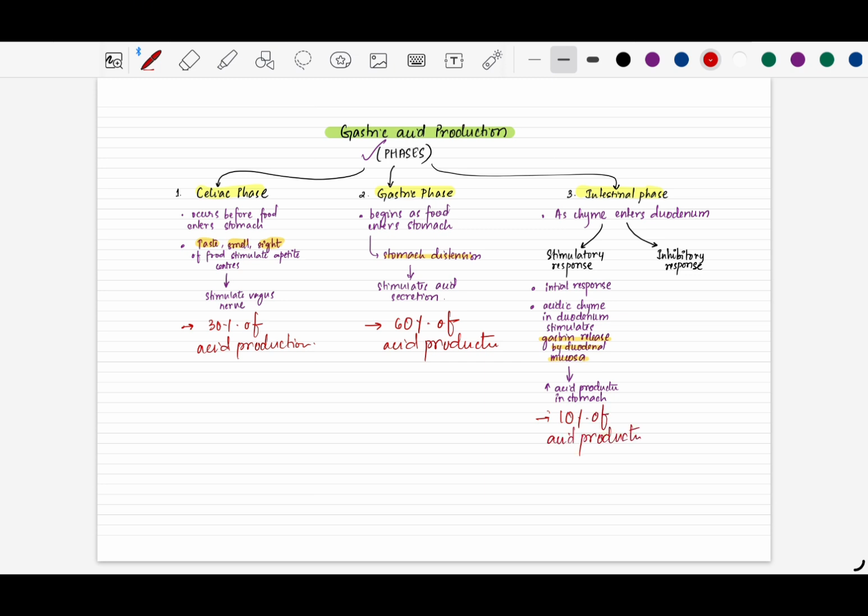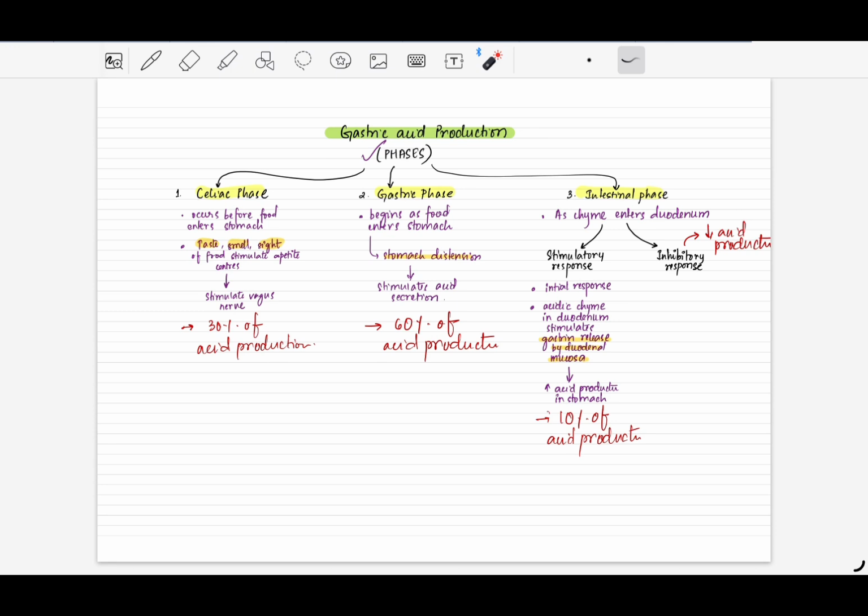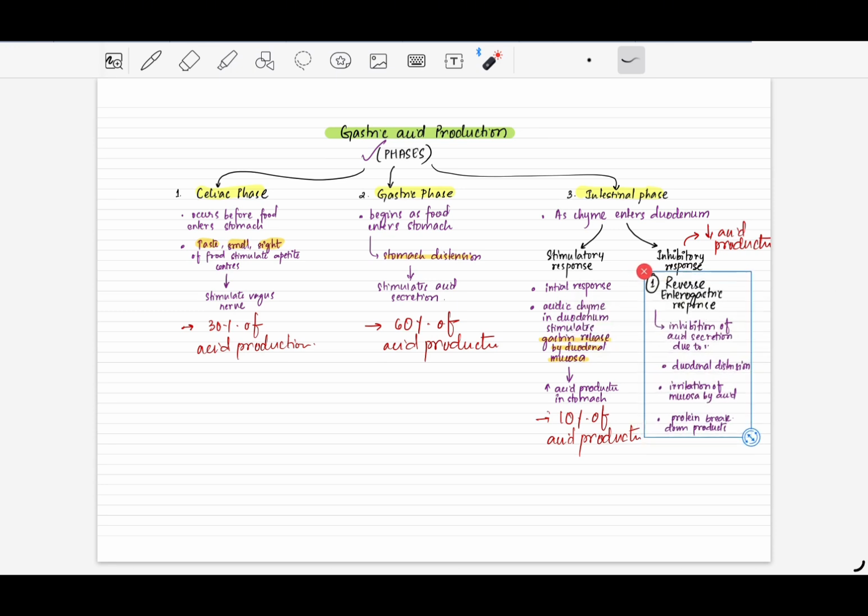Now, even though the inhibitory response is not related to the gastric acid production, we can understand by the term that inhibitory response would mean decreased acid production, and this occurs due to two major reasons. The first one is reverse enterogastric response. Now let's memorize this word. This occurs when duodenal distension and irritation of the mucosa by acid or protein breakdown products leads to inhibition of